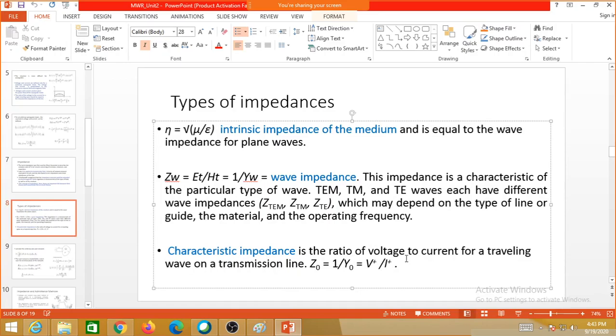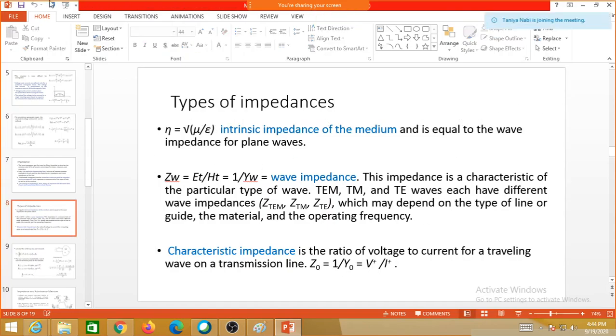In terms of voltage and current, if you take the example of a transmission line itself, the characteristic impedance of the line is defined as the ratio of V by I, for the forward traveling wave or the reflected traveling wave. So the characteristic impedance can be defined in terms of V and I. These are the types of impedances, and you need to take care because this is very important in transferring power maximally from one port to the load or to the other port. If you match the impedance properly, you will get maximum power transfer.